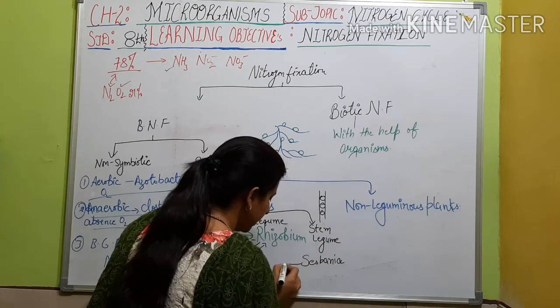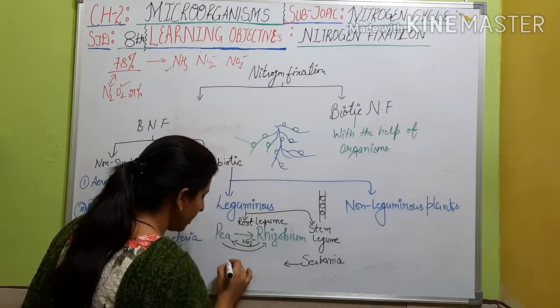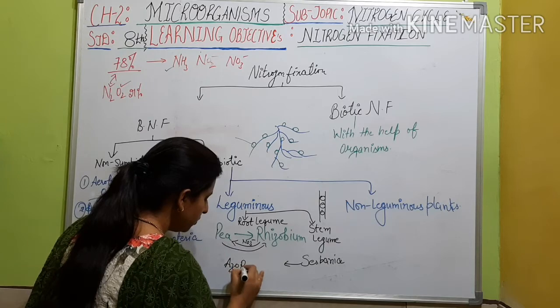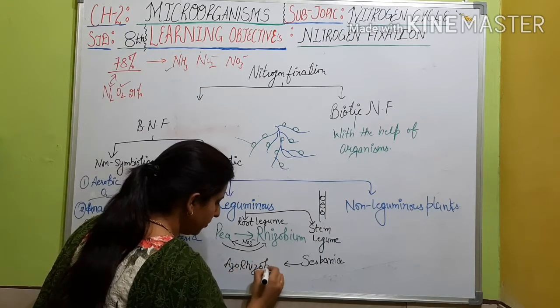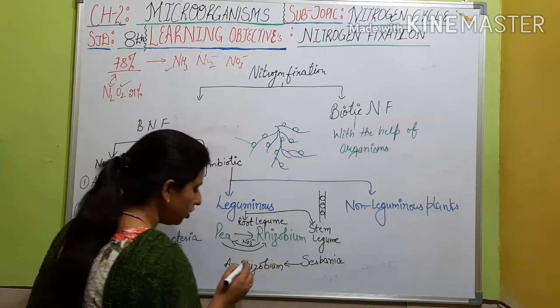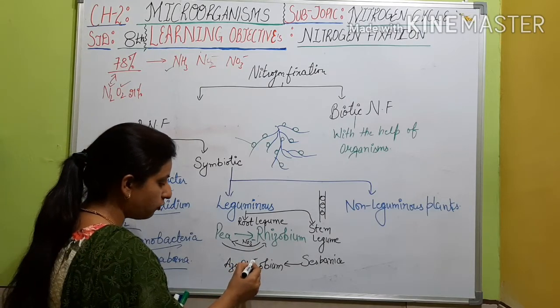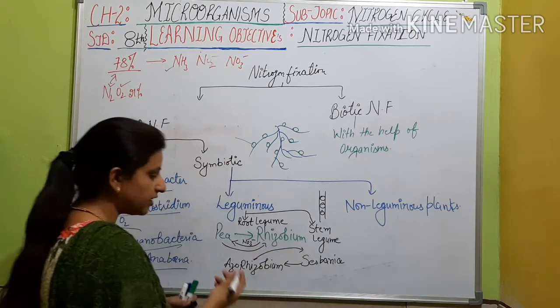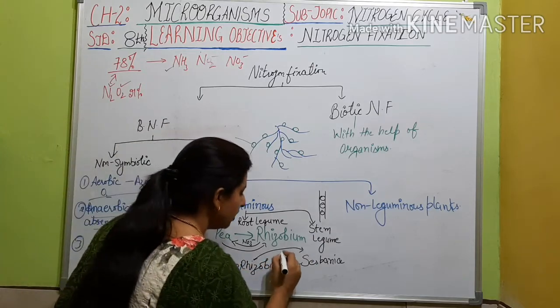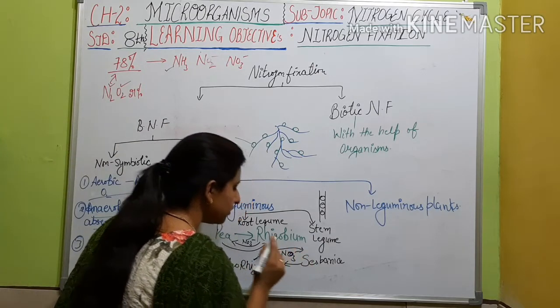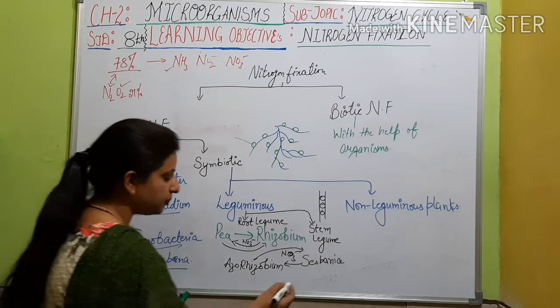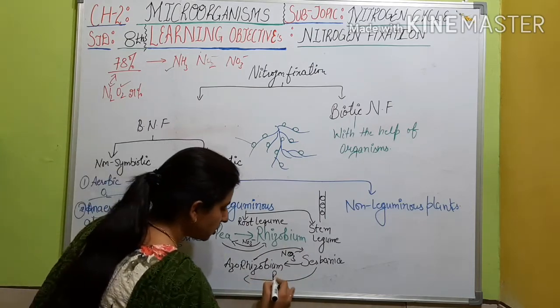And in Sesbania there is presence of a bacterium called Azorhizobium. Now what function is Azorhizobium doing? It is just fixing the atmospheric nitrogen into nitrate, that is a usable form, and the Sesbania is giving protection